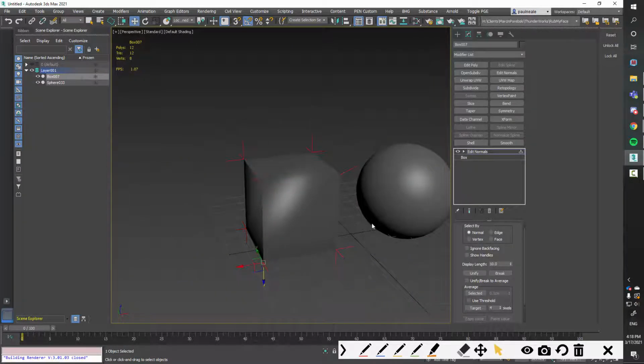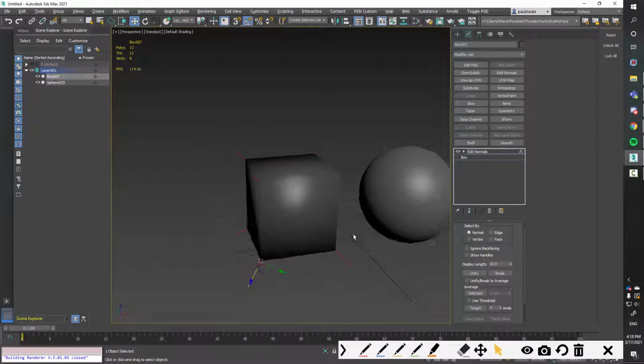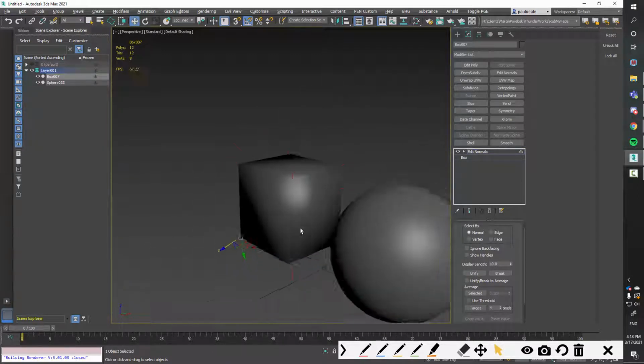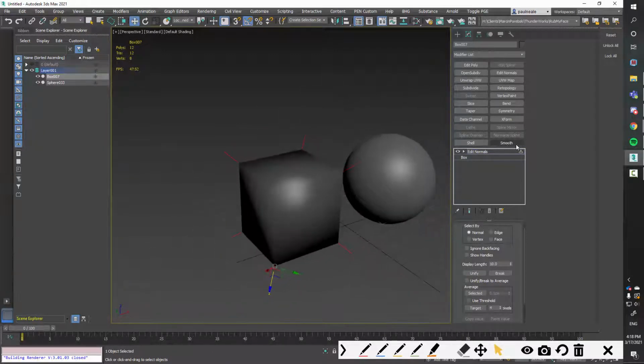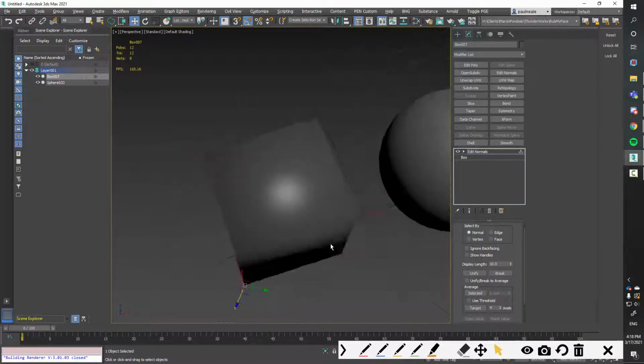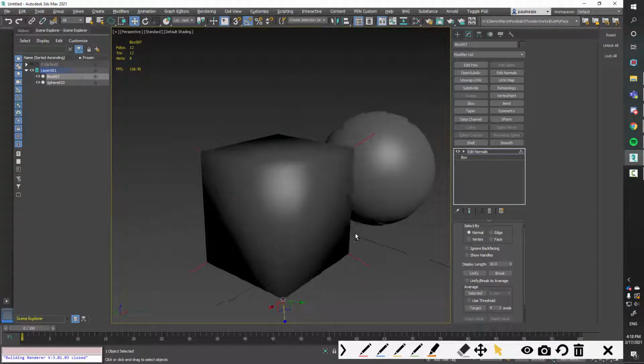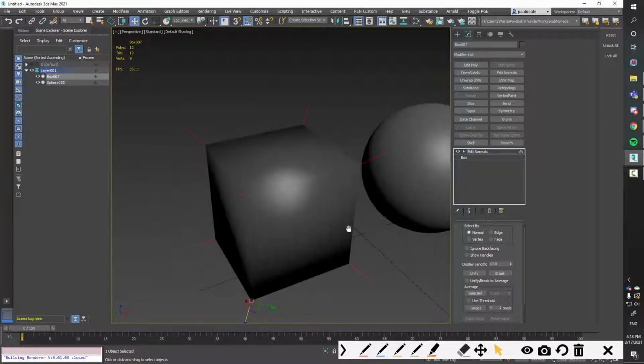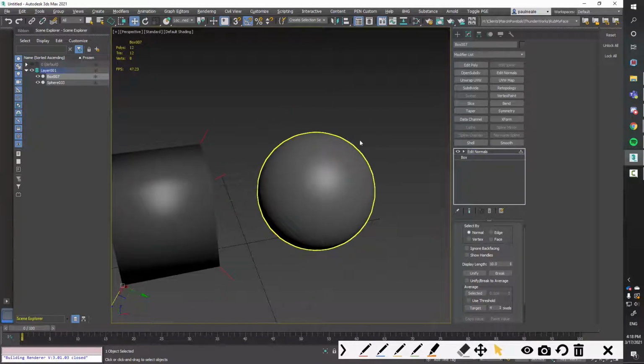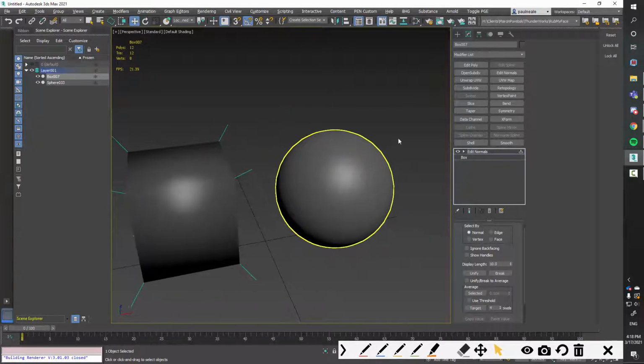So if I pick all of these and go ahead and unify, we're back to when we smoothed it with the smooth modifier. So the smooth modifier is actually just controlling normals like this. It just does it in a little bit more user-friendly manner. So get out of the sub object there. I'm just going to go in and